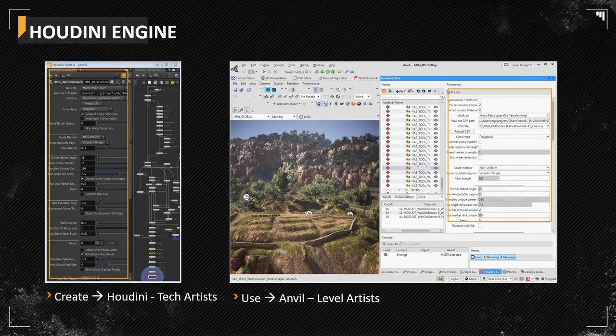So it means we can build a full network, we can create an HDA in Houdini. If you see all the parameters here, it's exactly the same parameters exposed on the other side in Anvil. So the tech artists are now able to build tools in Houdini and distribute the tool, and artists without any previous knowledge of Houdini can just manipulate sliders, input curves, and generate content.